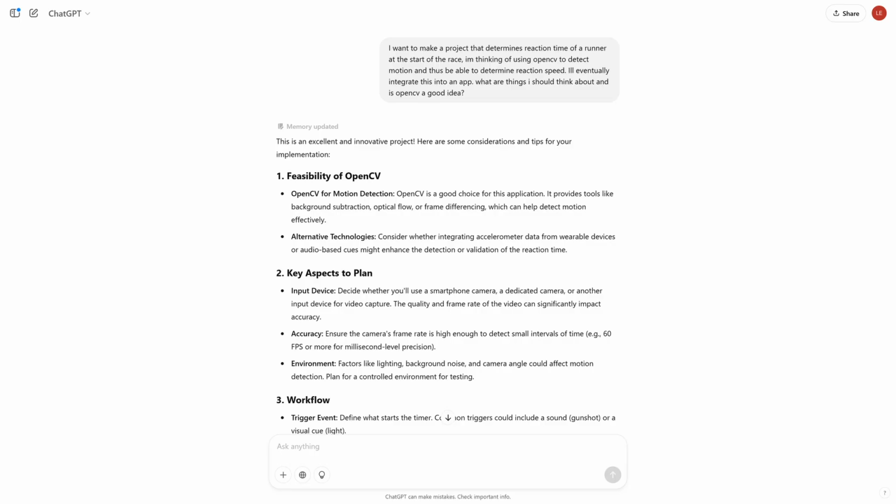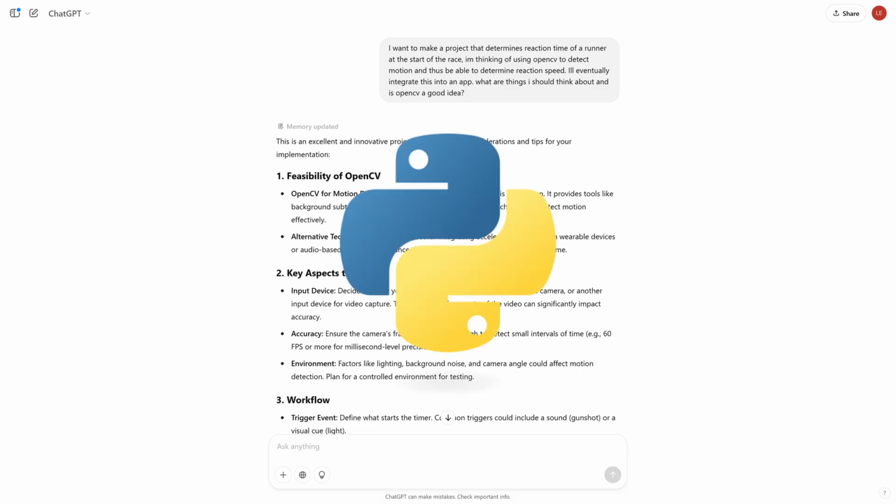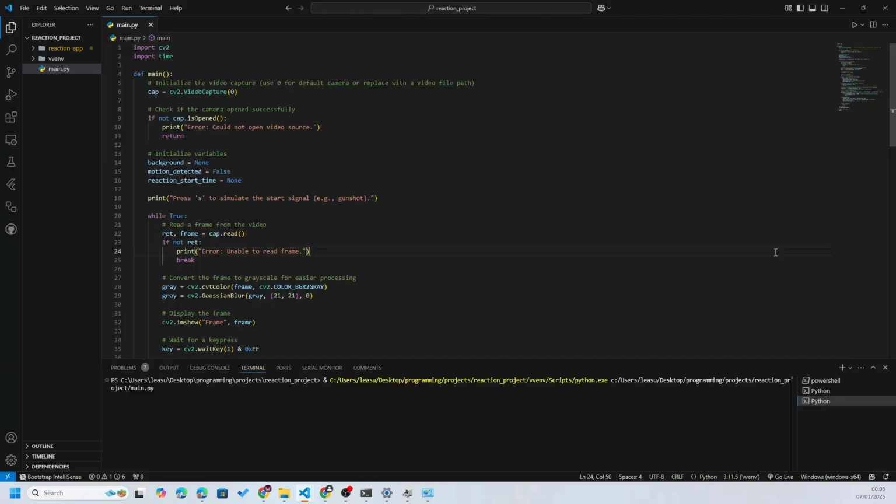To begin, I didn't really know how I'd make it, but at the time I remember really wanting to do something with OpenCV. So with the help of ChatGPT and a little bit of tweaking, I got a solid prototype going in Python. Alright, here's the Python implementation of the